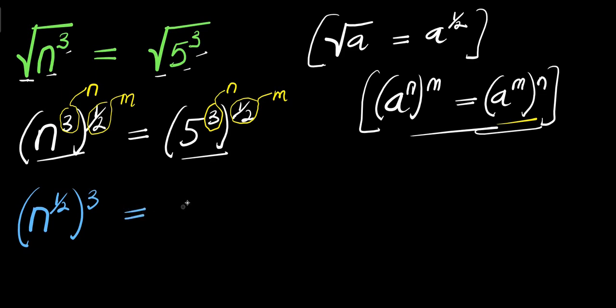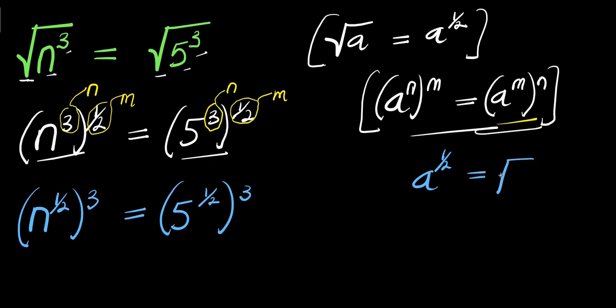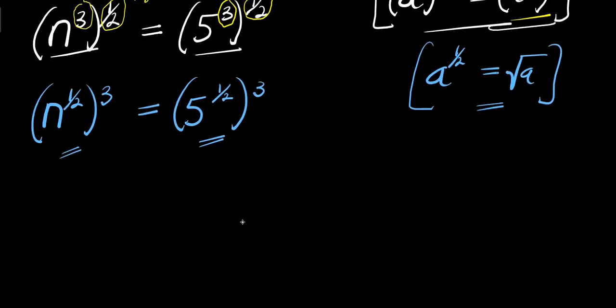And this equals 5 power, this is 1 over 2 raised to the power of 3. Now, if you have a power 1 over 2, this equals square root of a. So we apply this right here and here. That means what we are going to have will be